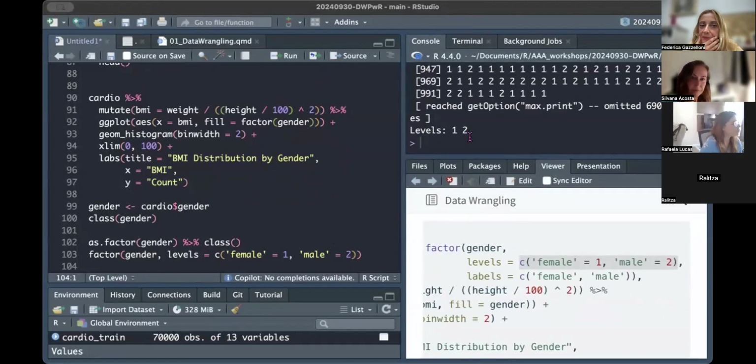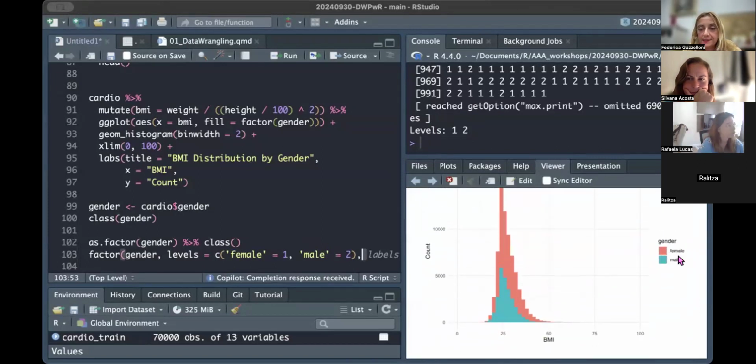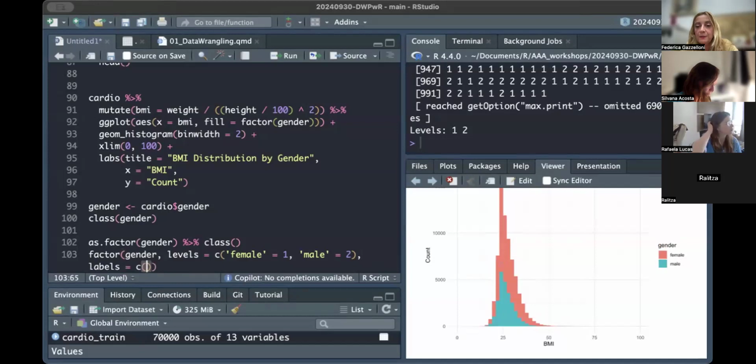But when you specify the levels female for 1 and male for 2, it isn't automatically the number 1 female and male. You need necessarily to label as female and male. If, for example, you make a visualization and you want the legend to show female and male instead of 1 and 2, that would be useful, but not only for that, because maybe when you do modeling you might want to have the reference clear. Instead of having gender 1 with this coefficient, you might have female as a reference, which is